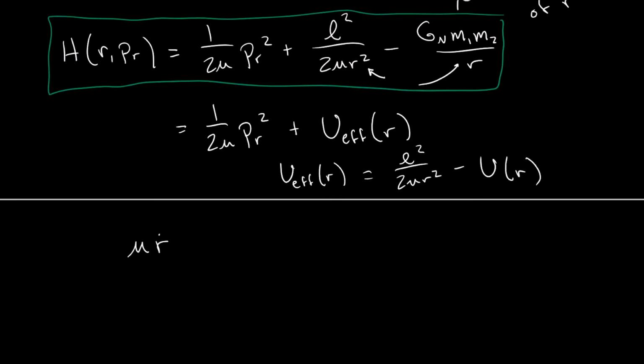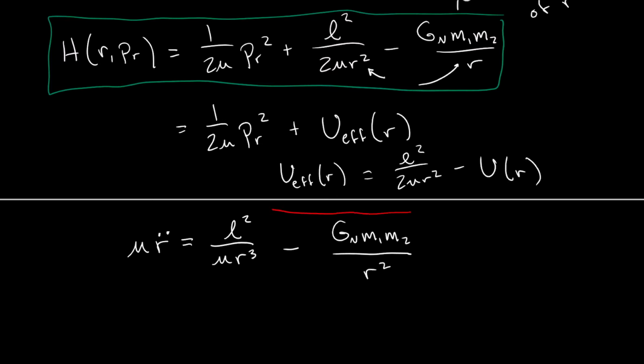And what we find is something like this: L squared over mu r cubed minus G_N m1 m2 over r squared. This is our one-dimensional equation of motion, and I should give it a friend,